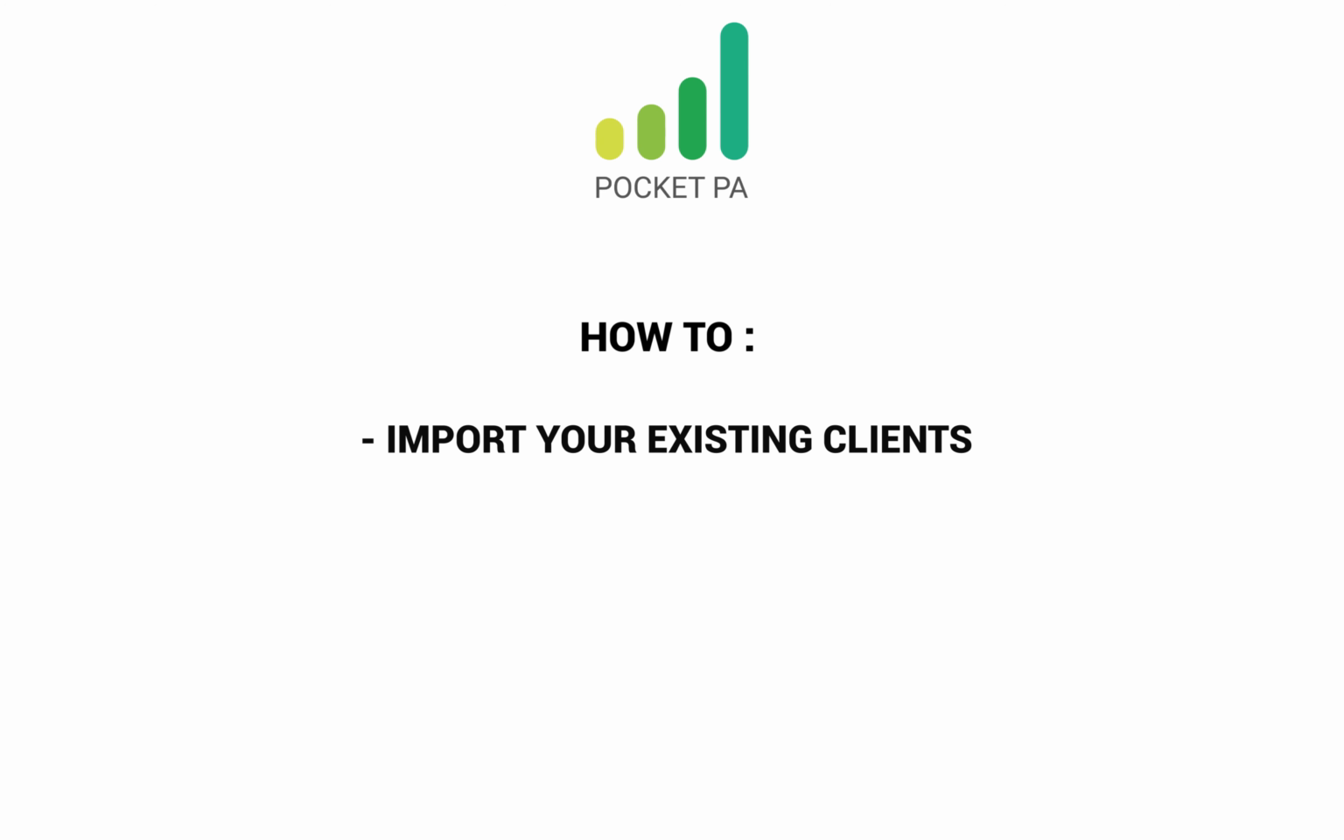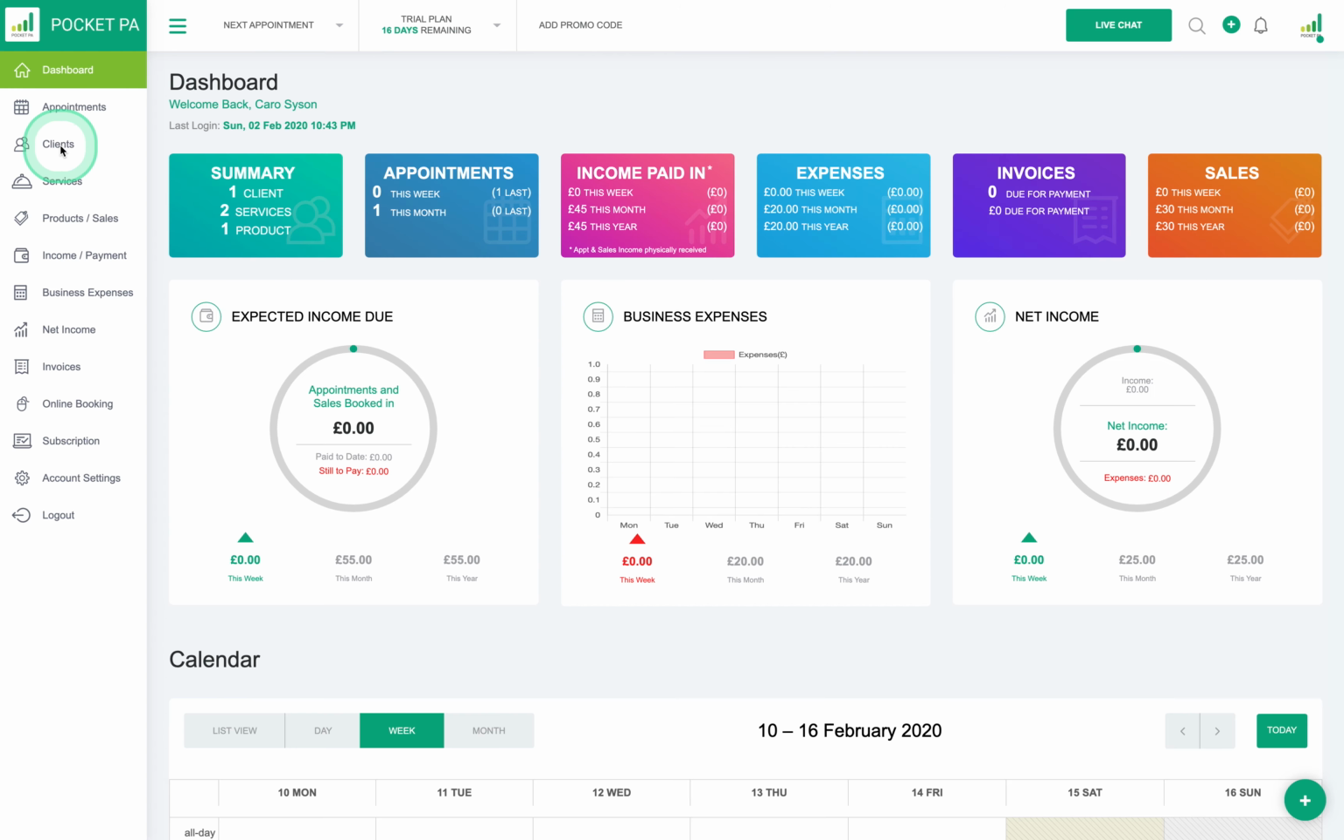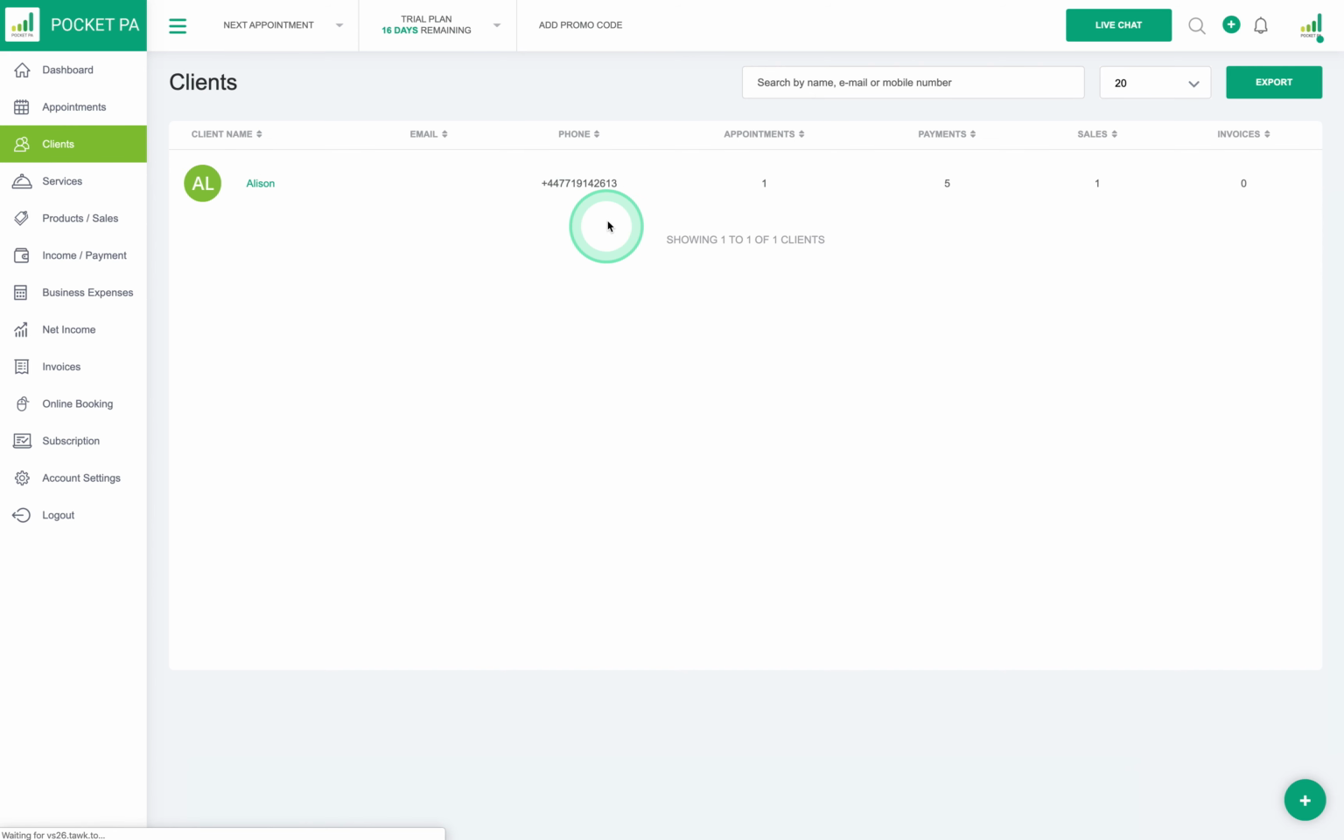So in this tutorial I'm going to show you how to import clients. You might have an empty client database at the beginning and you might just have one or two clients listed here, but we're going to show you, if you have an existing client base, how you can import them